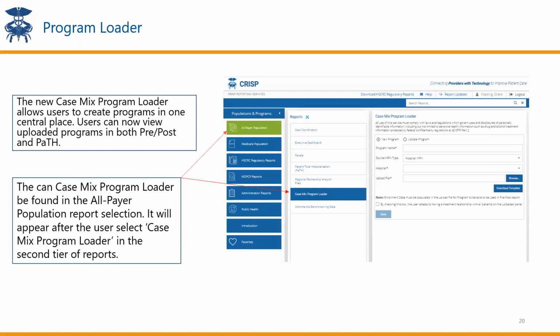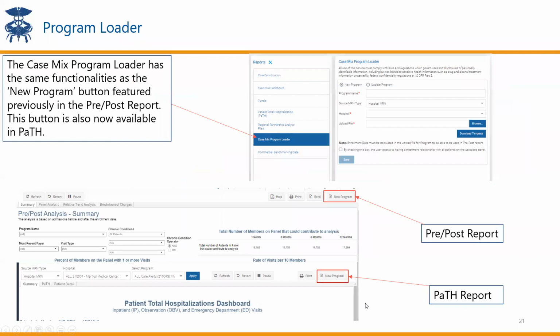As we know, some facilities have an individual person submitting an ENS panel and also putting in a program into the CRS reporting tool, and they can actually do so by clicking into the all payer population and then going over to that program loader. But on the next slide, you'll see that this program loader functionality is now available within PaTH, as well as it being available in pre-post. And so utilizing this